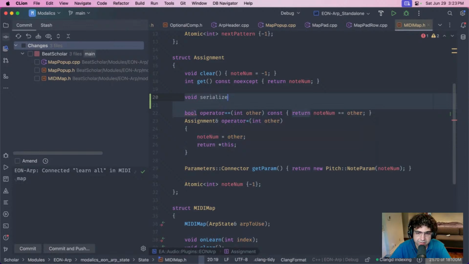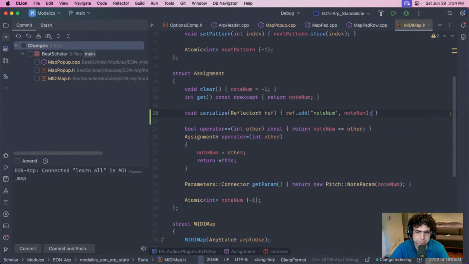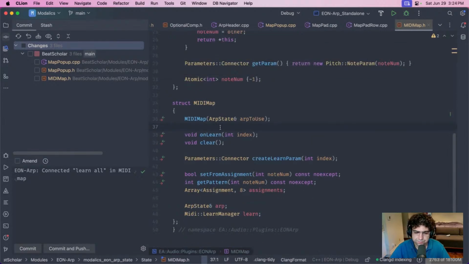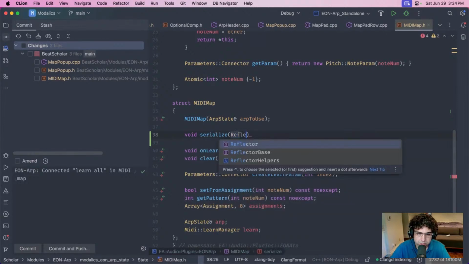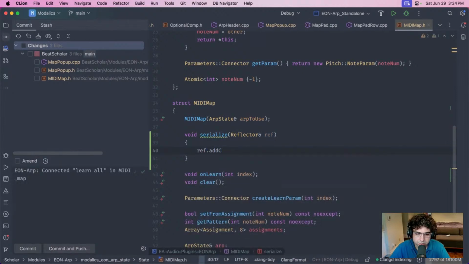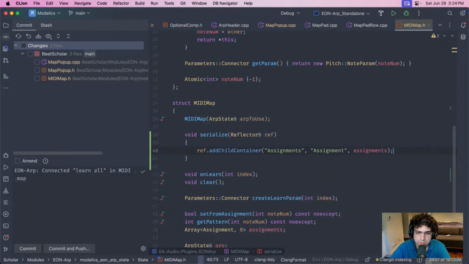So I need to do something like this: serialize reflector. Okay. So add. Okay, and then